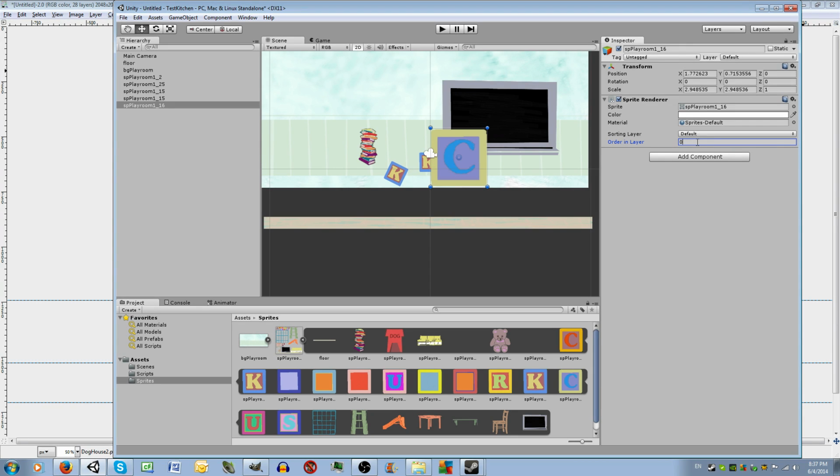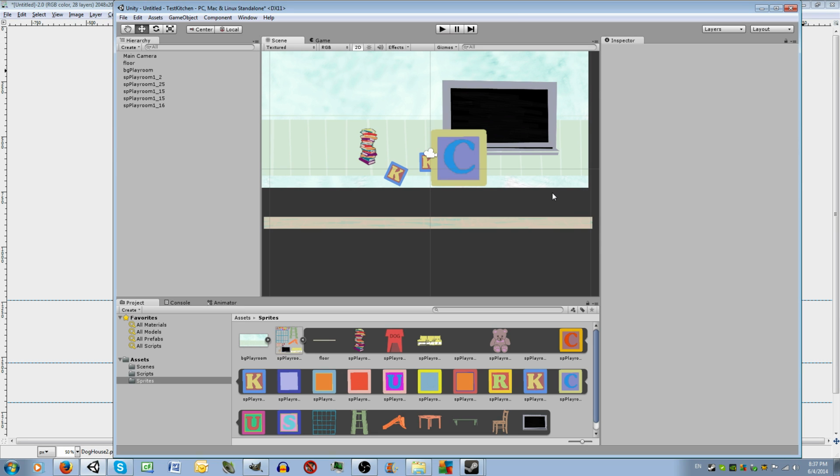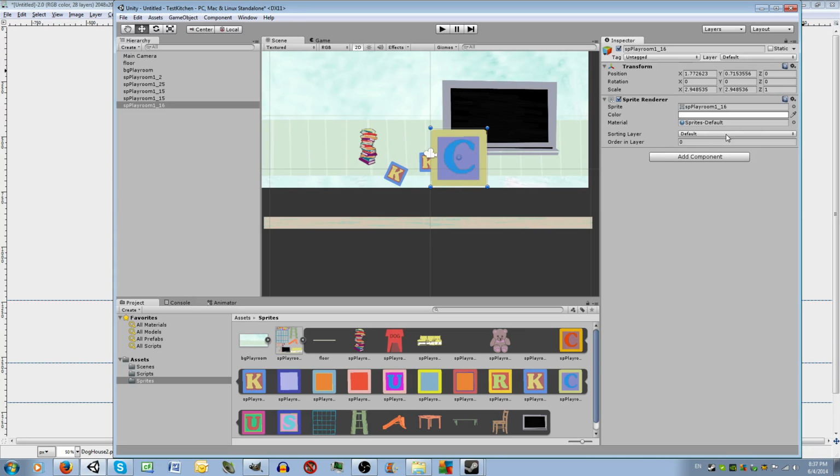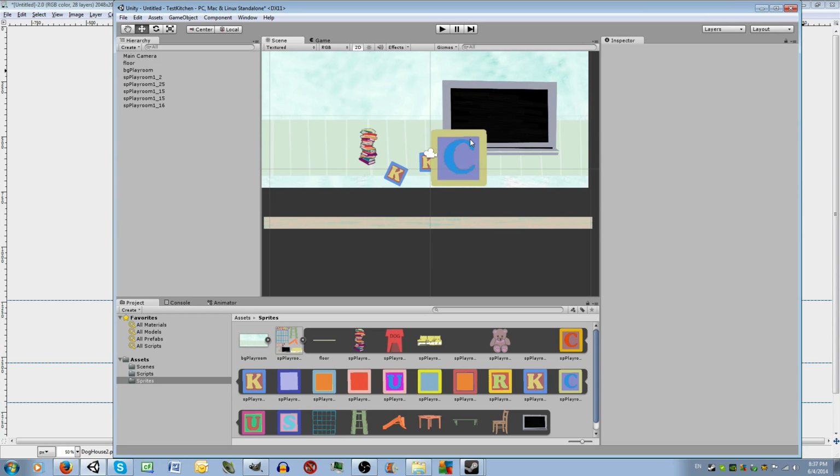I think right now it's using a floating point definition. I'm not really sure. But yeah, as long as you give it an order in the layer, it's good. And you even have these things called sorting layers, which will be great for parallaxing. Right now I'm working on a parallaxing demo, so I've got foreground, background, playground, and all that other good stuff. And yeah, that's pretty much it. Hope this was terse enough to get the point across, but at the same time